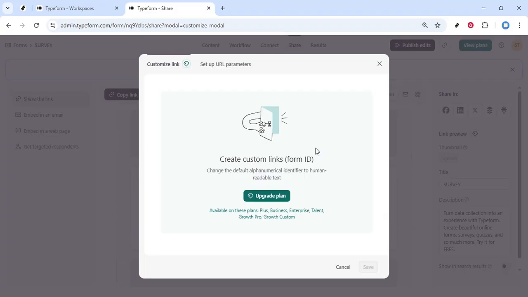And there you have it. This quick guide has shown you exactly how to find your Typeform ID. With this knowledge, you're now equipped to integrate Typeform into your workflow more efficiently. Remember, understanding how to navigate these tools can greatly enhance your productivity and open up new possibilities for data collection